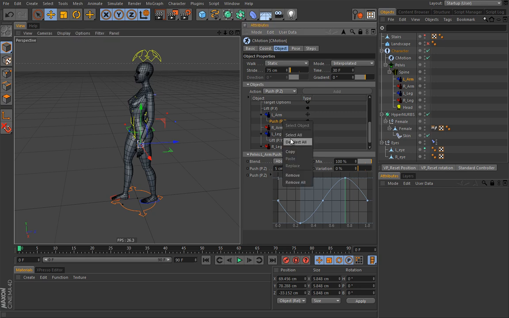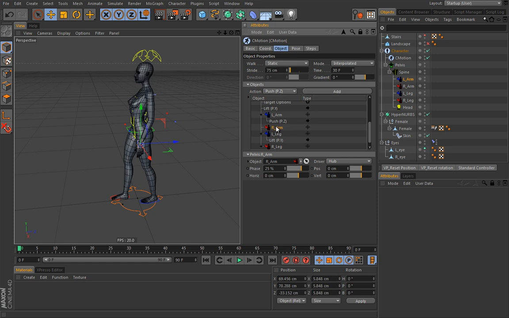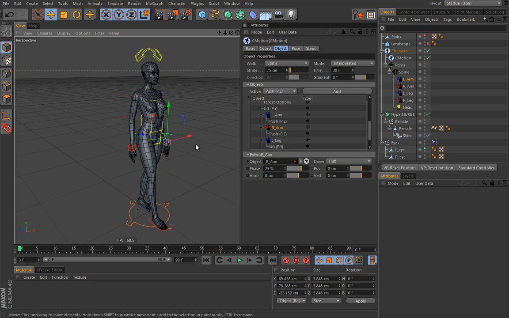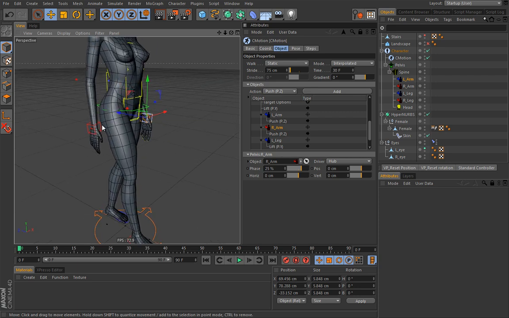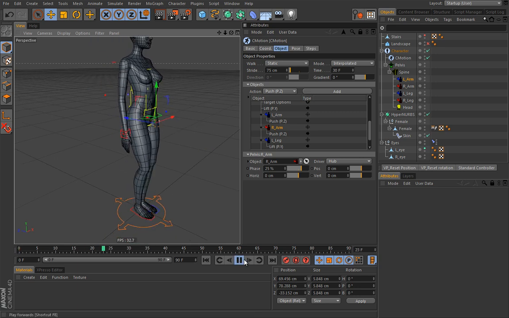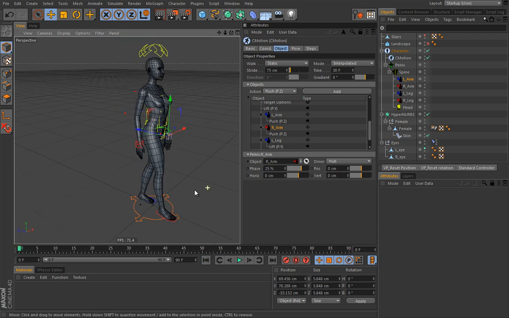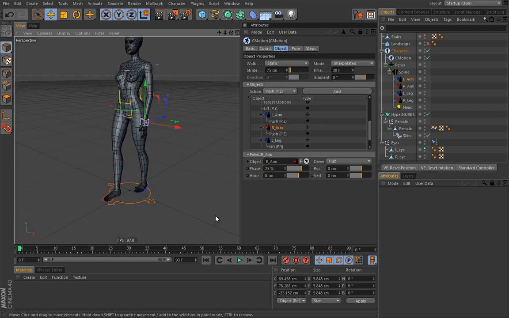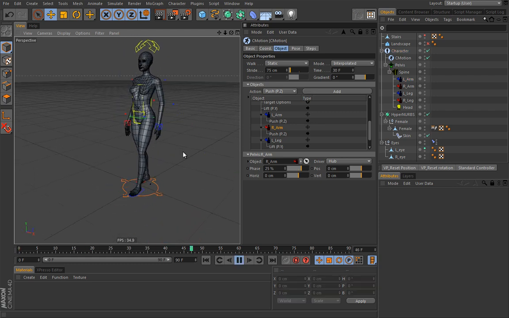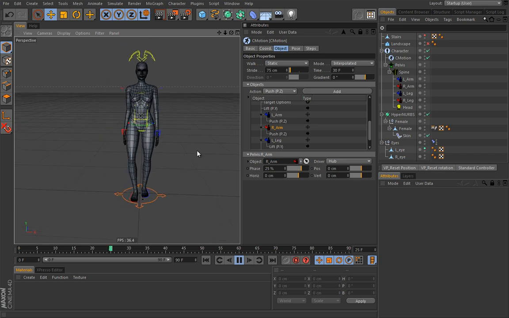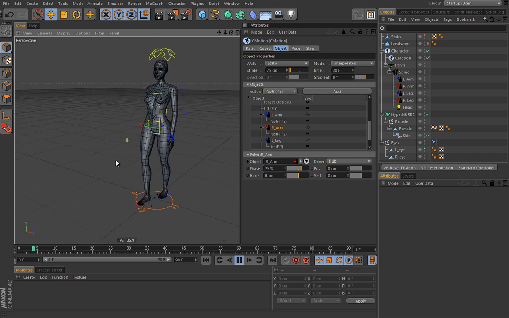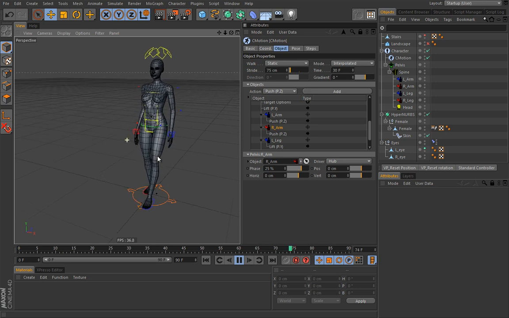You can simply right-click, copy, select the right arm, and do a paste. Now, beware that probably your rig will contain different axis orientation, so when you hit play, you could have opposite results. Okay, let's stop this, go back. Now let's zoom out a bit and hit play and see how that works. And I think this is way better than what we had in initial walk that was provided to us with the Cmotion,